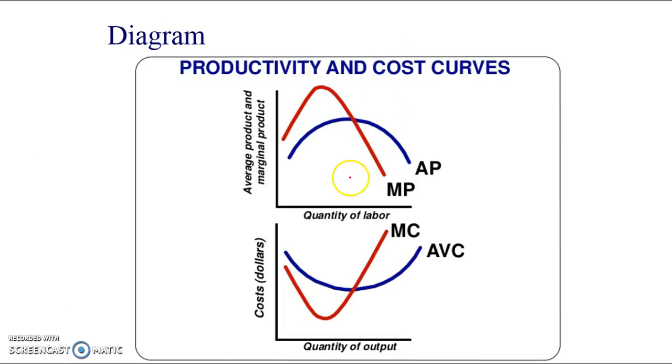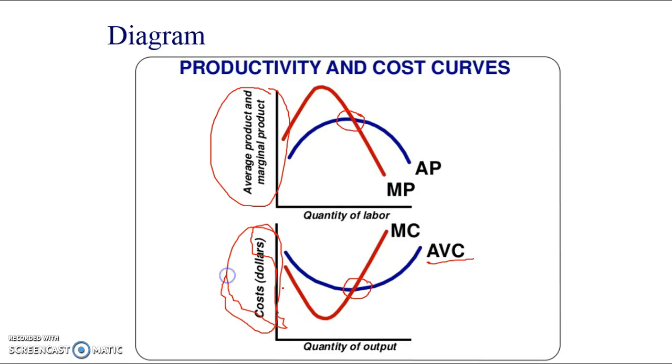So we've had a look at these before. So where marginal product and average product cross is actually where marginal cost and average variable cost cross, it's important that it's average variable cost, but the difference between these two diagrams is your axes. So here on the vertical axis for marginal product, we're looking at output,